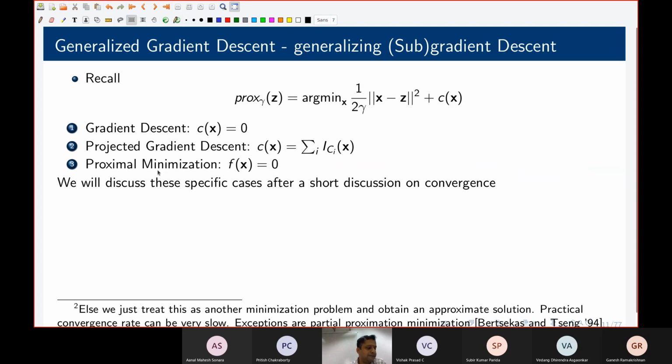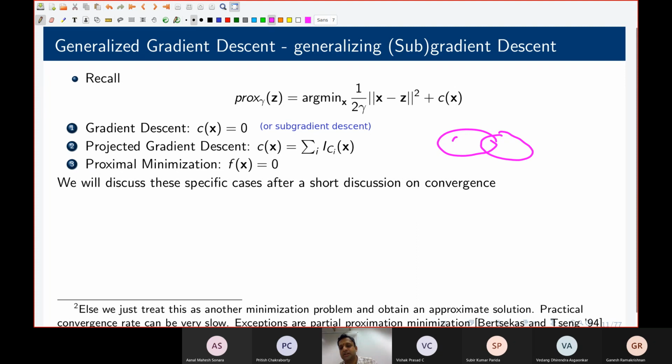What happens if Cx is 0? You can basically get gradient descent, or you can say subgradient descent. But if you have an indicator function, the second case, where you have a constraint, or maybe a bunch of